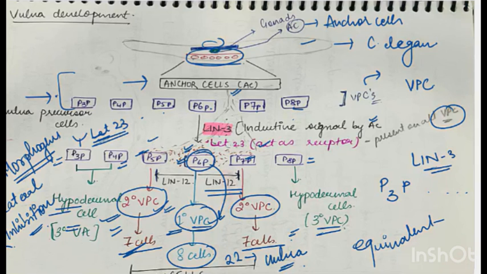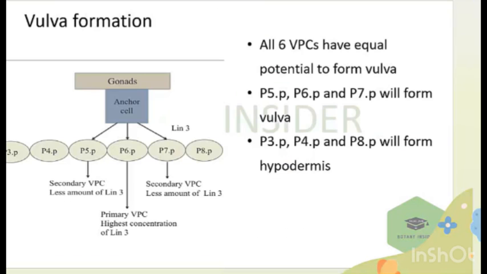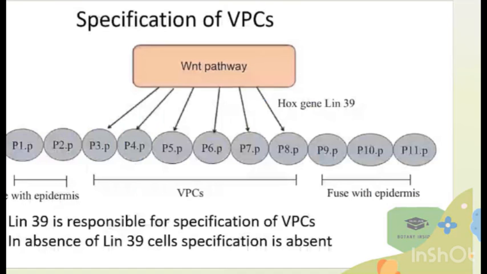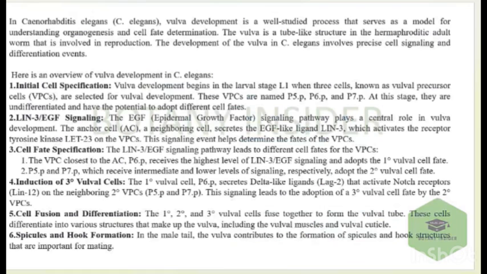It is not produced, it is induced by P6.p. Okay, they are induced by P6.p. See over here, all VPCs have equal potential to form the vulva. P5, P6, and P7 will form the vulva. P3, P4, and P8 will form the hypodermis. P5 and P7 form the secondary, and P6 forms the primary one. Remember this. Now, after this, see over here, exactly what I have explained is written down here,